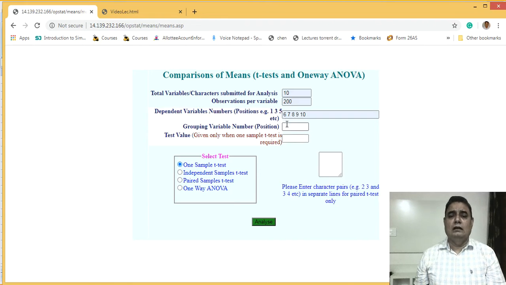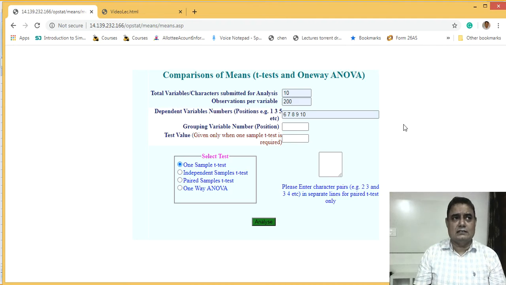Now our grouping variable again comes into the picture, as in the case of the independent sample t-test. Now we are performing the analysis of variance on the basis of their races, or on the basis of their socio-economic status, or on the basis of the program they opt for: general, academic or vocational.